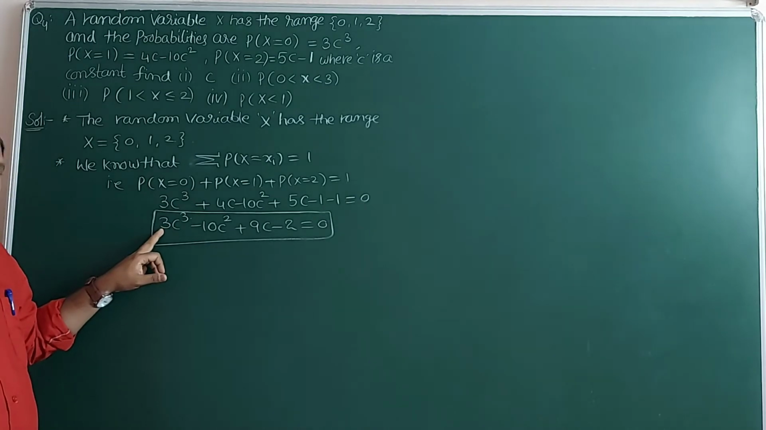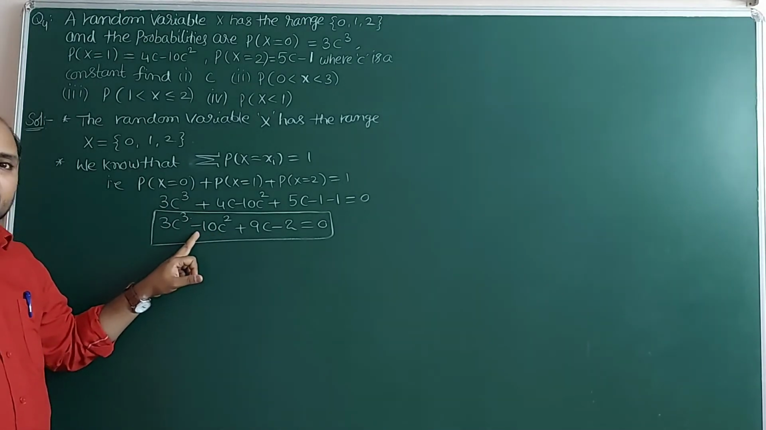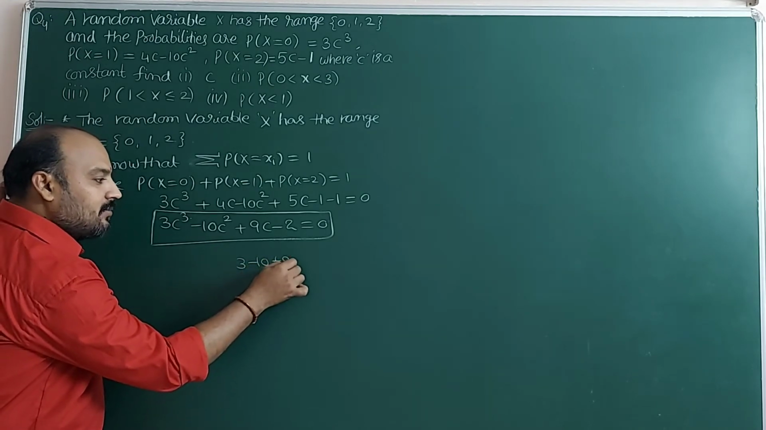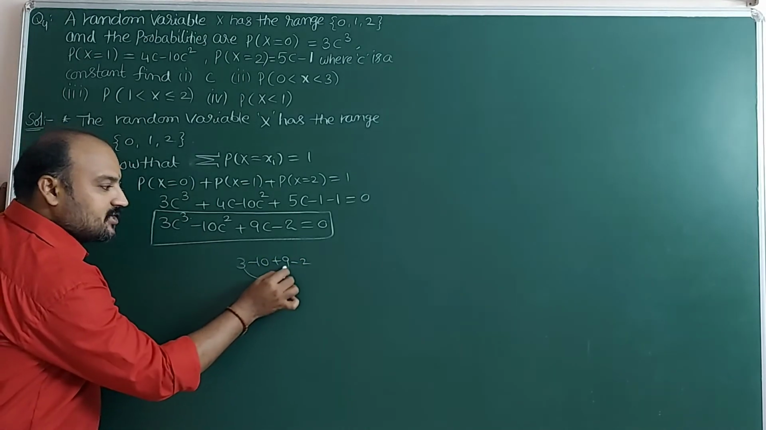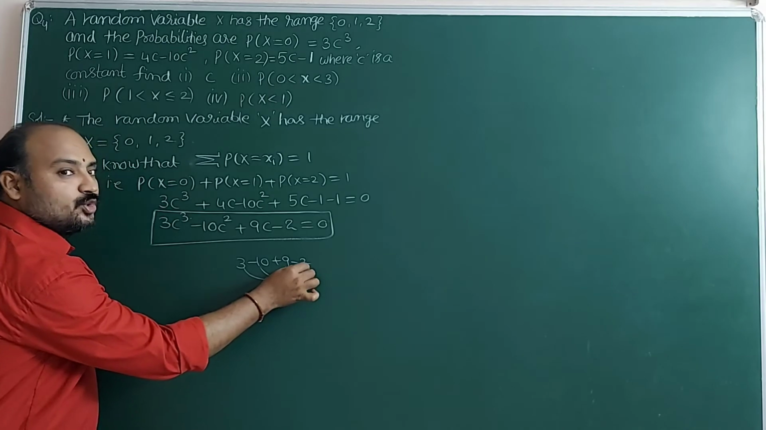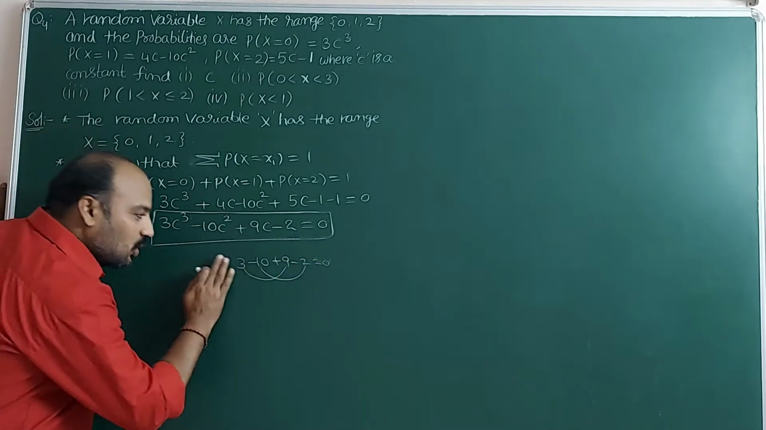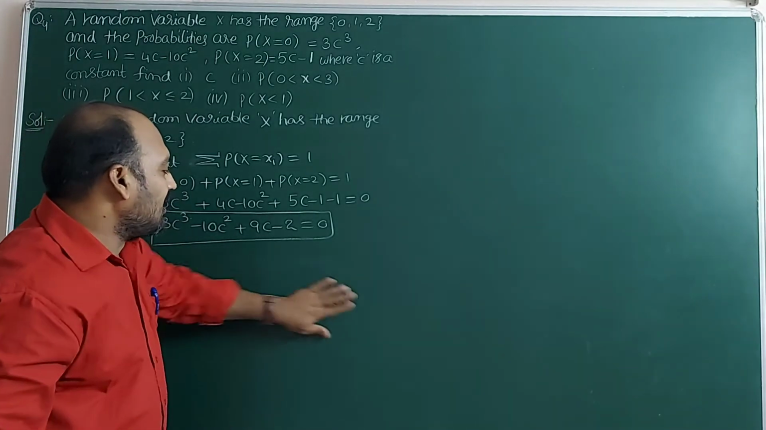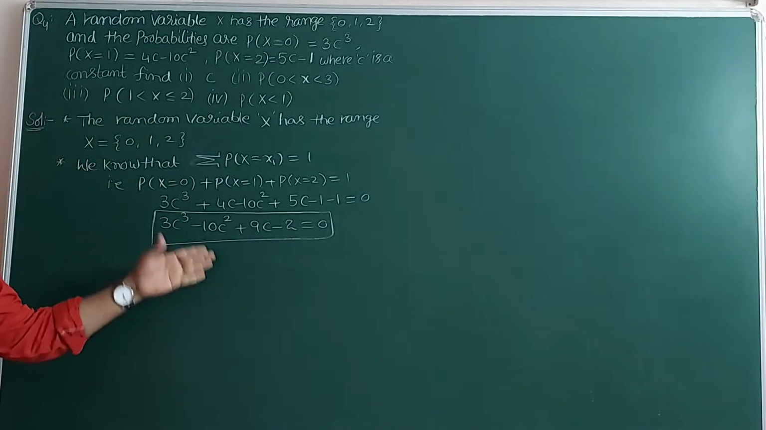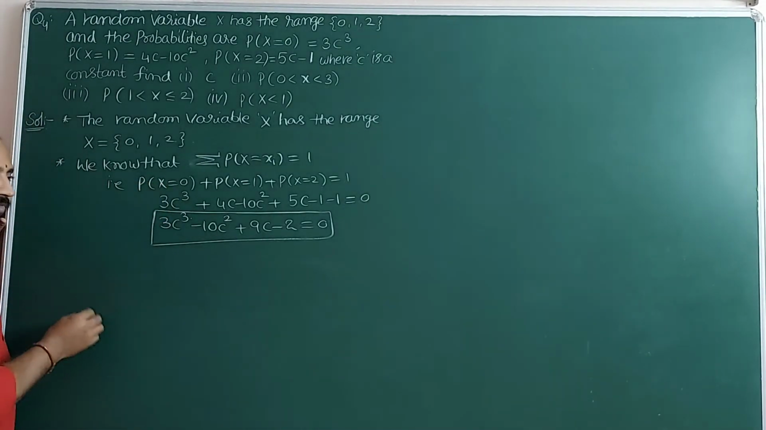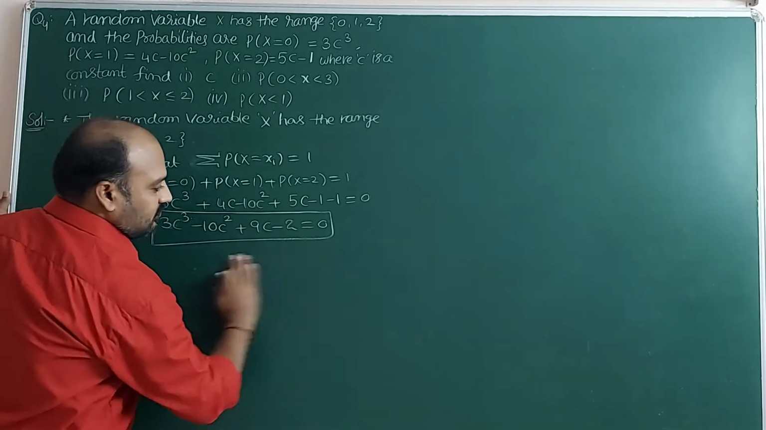C cube coefficient is 3. C square coefficient is minus 10. So 3 minus 10 plus 9 minus 2. 9 plus 3, 12. Minus 10 minus 2, minus 12. Plus 12 minus 12 is equal to 0. So the sum of the coefficients of the polynomial is equal to 0. Then c is equal to 1 is the root. So by synthetic division,